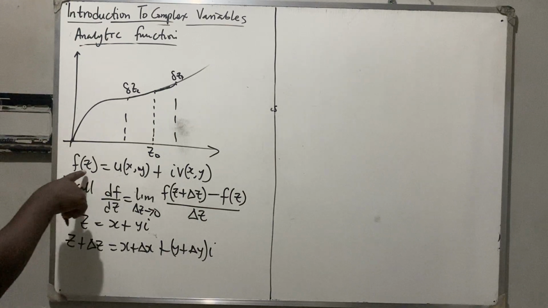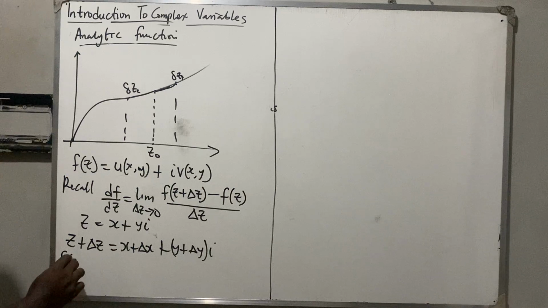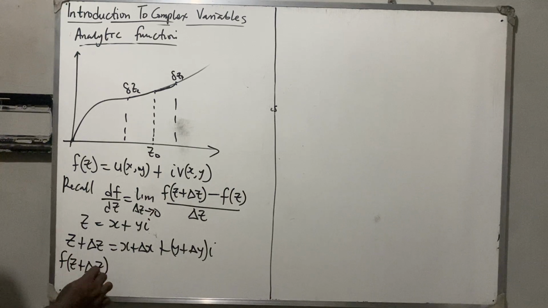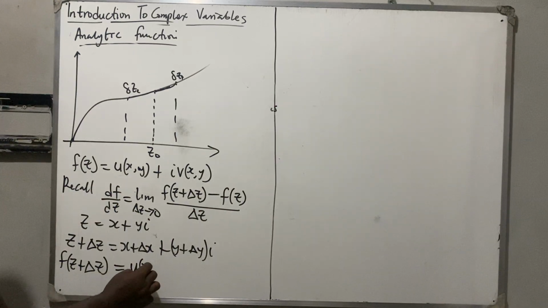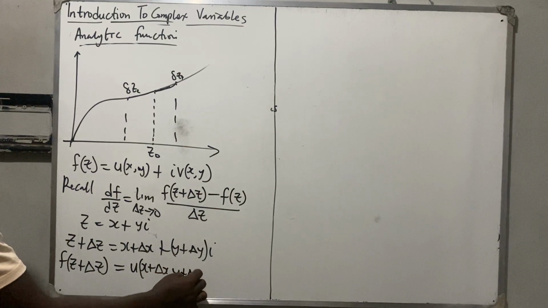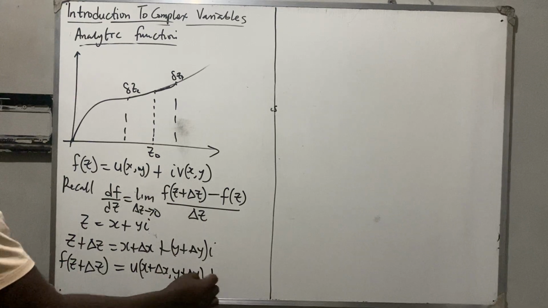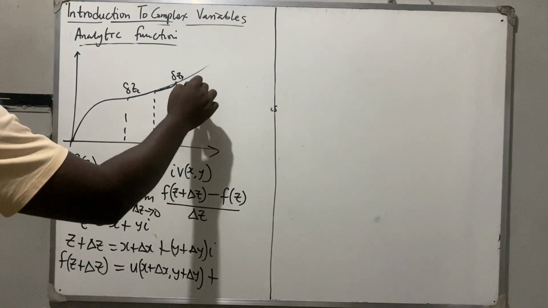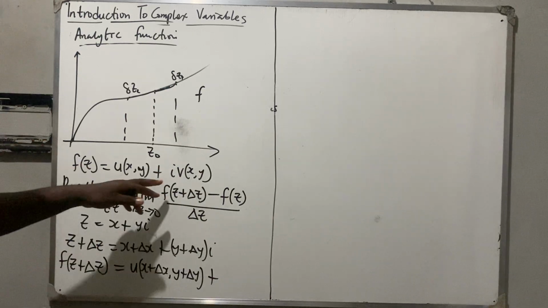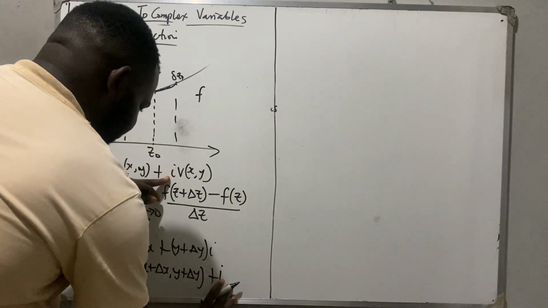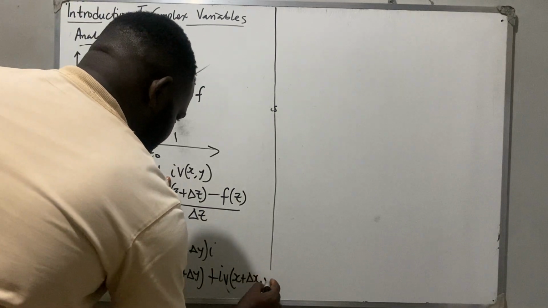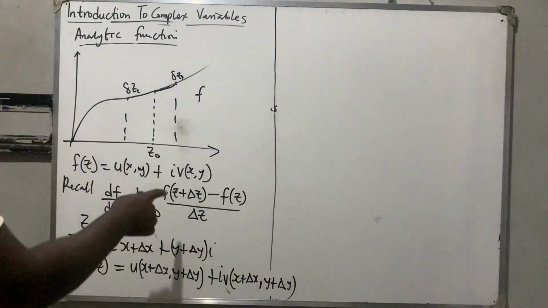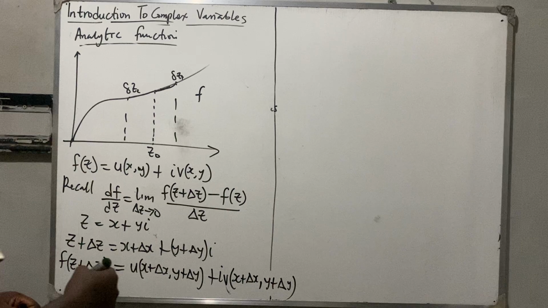So to come to this part now, you will see that f of z plus delta z will be equal to u of x plus delta x, comma, y plus delta y, then plus, because you know normally that f of z is u plus iv, so plus iv of x plus delta x, comma, y plus delta y. So if we put this thing here, we are going to be having that